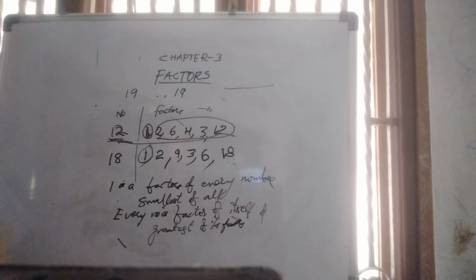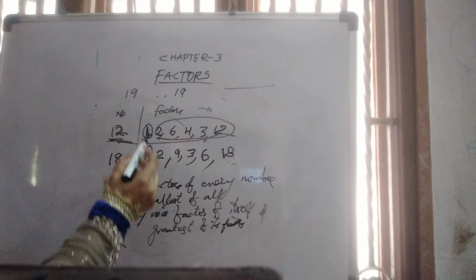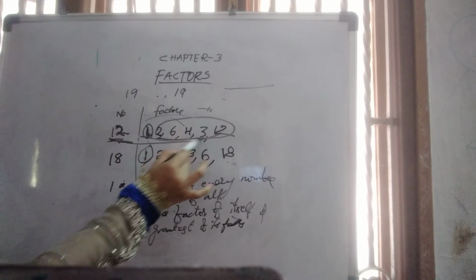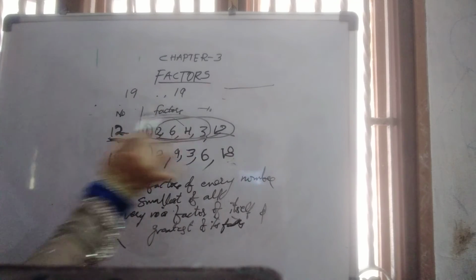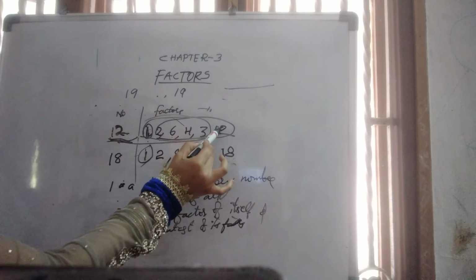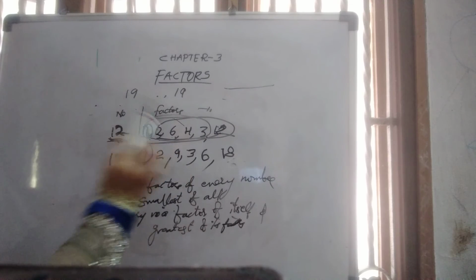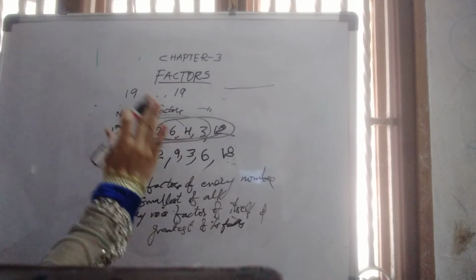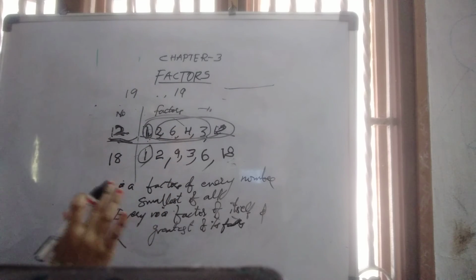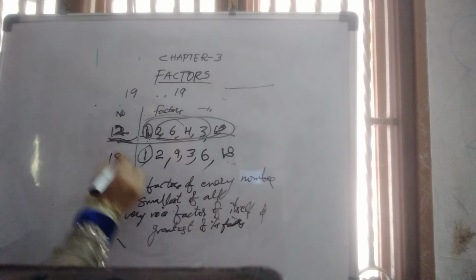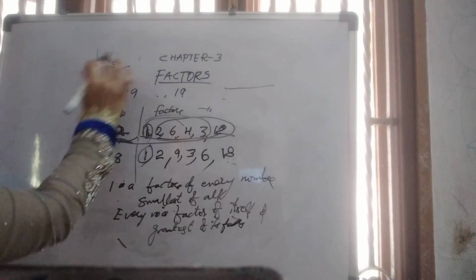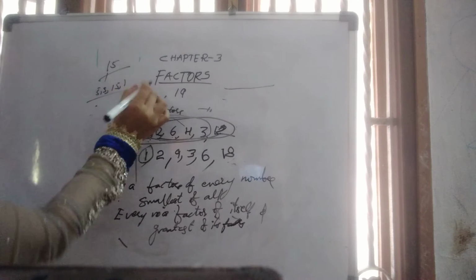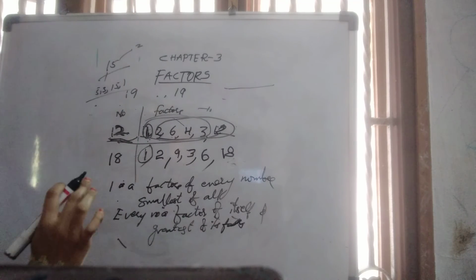Is there any other rule you have noticed here? Yes, every factor is less than or equal to that number. Here, for 12, all the factors are less than 12 or equal to 12. No number greater than 12 came. So factors came only less than or equal, not greater. If we take 15, numbers above 15 did not come as factors. Here 5, 3, 15, 1 came, but 20, 25 did not come.